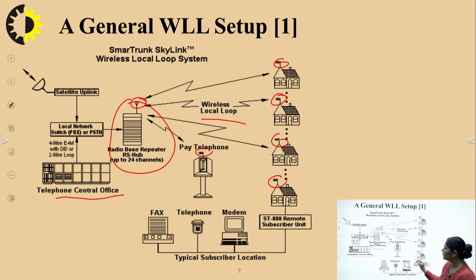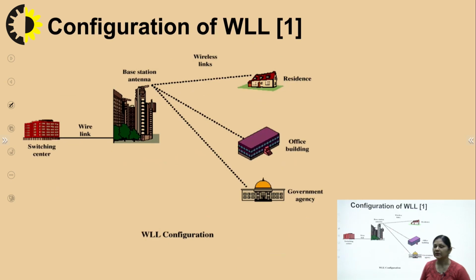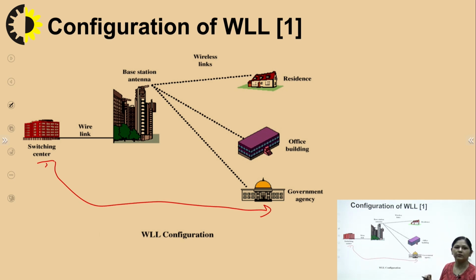And within a home we are also provided services like fax, telephone, modem. These remote subscriber services can also be provided wirelessly. So this whole connection is called wireless local loop. This is the same type of example shown again here. The switching center is connected with these users wirelessly. We are connected with this office, residence wirelessly, because in between, the base station is connected through the